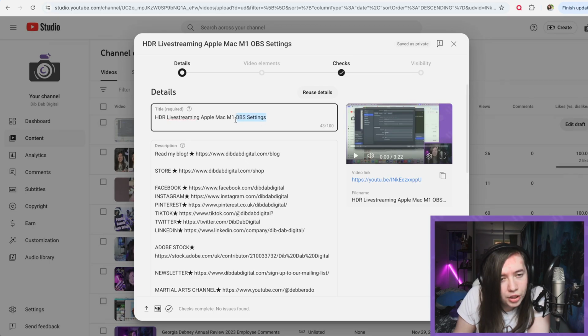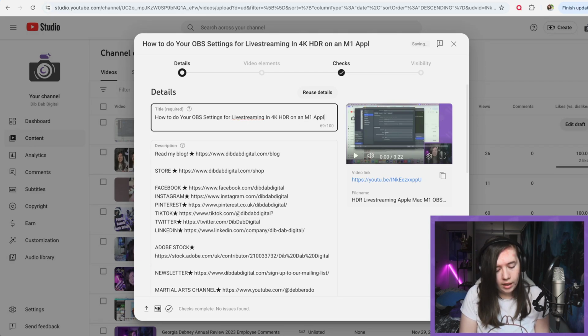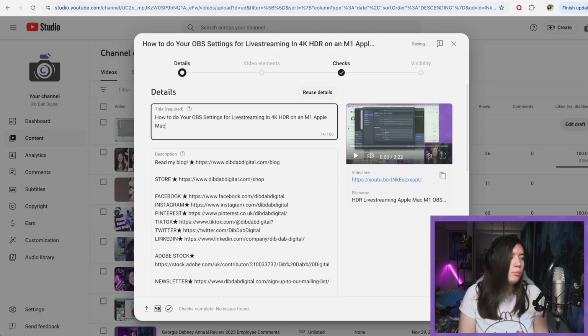let's make it a little more human. So if we go with... Let's copy that so I don't forget. So right now it's HDR live streaming, Apple Mac, M1, OBS settings. How to set up... Wait, how to do your OBS settings for live streaming in 4K HDR on an M1 Apple Mac. And I've got a MacBook Pro, but I put that in my specs in it, so